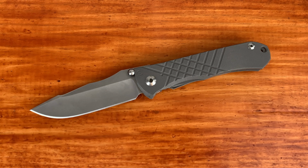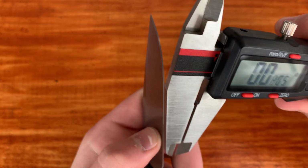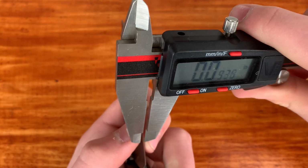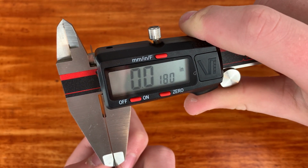Let's talk more about this blade and the thickness behind the edge. So this has the same hollow grind as the Sebenza, the deep hollow grind. If you guys are aware of the Inkosi, it's another knife from Chris Reeve Knives, and it has what they call a large hollow, which is a hollow grind that's not as